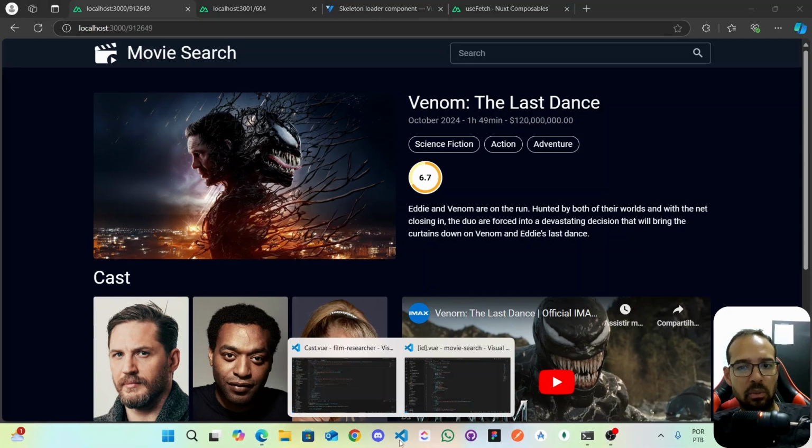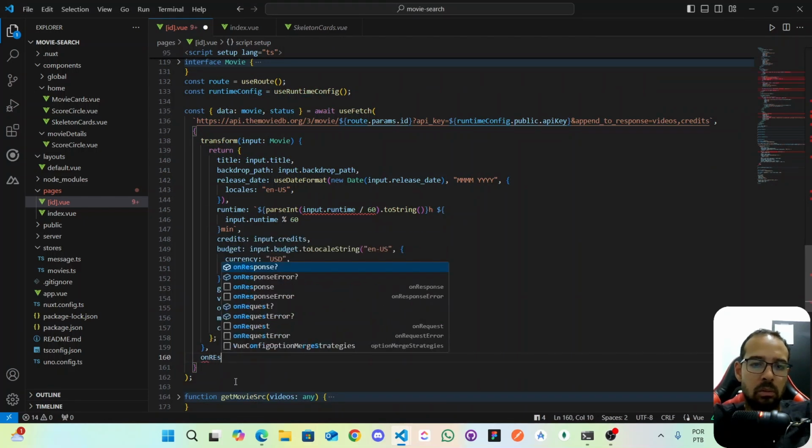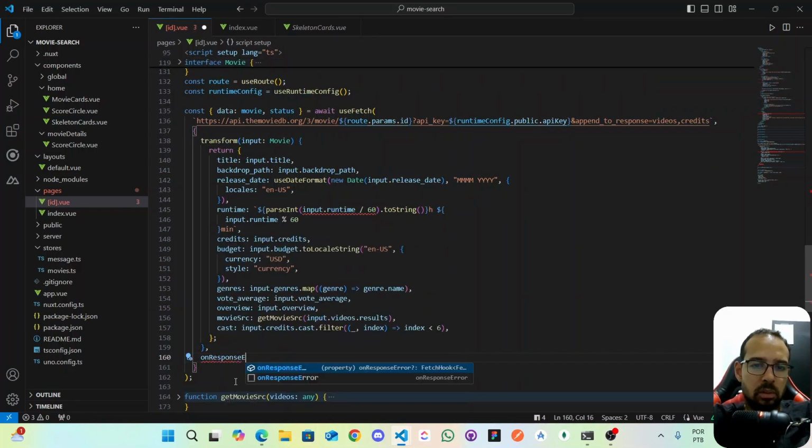If it's an error, we actually have to show the card with an error message. Pretty much, I think that's it. To do that, after the transform, we could make an onResponseError. So onResponseError,